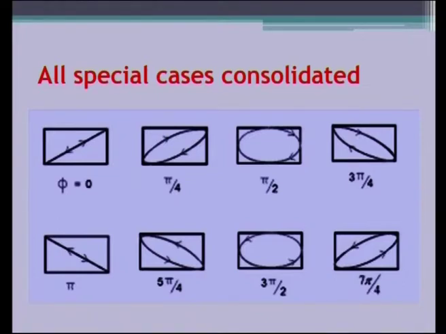Now, we move on to a very important case. This discussion, what we have just now seen, was for the same frequency. The frequency was not altered. There was a match between the frequencies. This is omega for x, and y also has got omega. So, no variation in frequency. This is called the 1:1 ratio. Both the frequencies are the same.